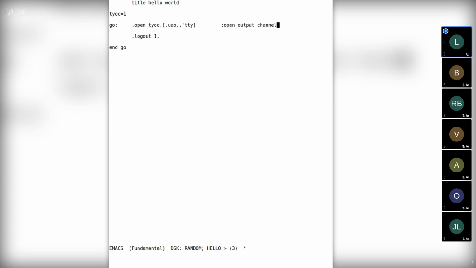And O is for output. And these double comma means we are specifying 2 half words. Inside this bracket, we have a full word, but the left-hand part is the file mode, and the right-hand part is the device name.